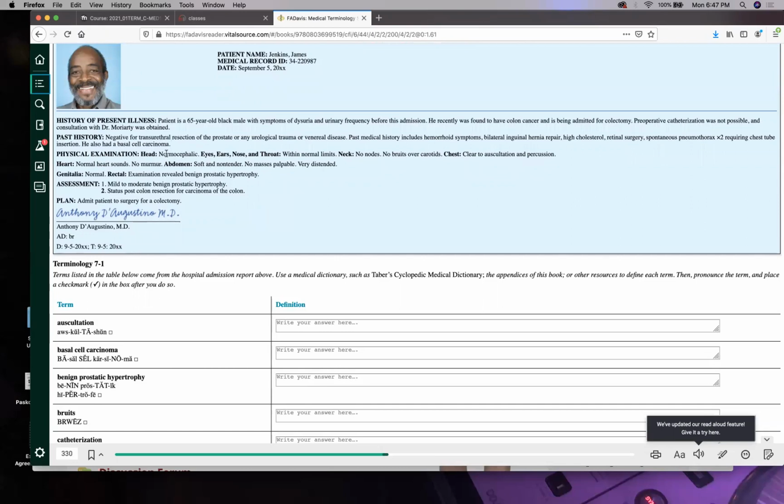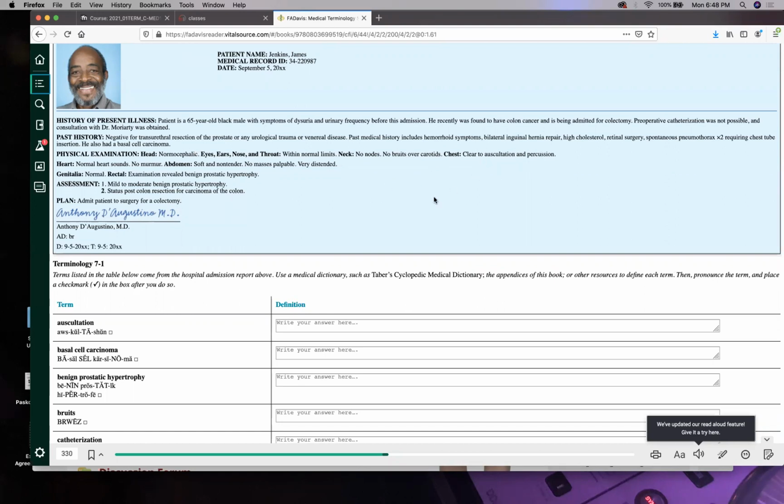Normocephalic. So his head was what? Normal sized. He had no problems. EENT within normal limits. He had no nodes. He had no lymphadenopathy, right? Remember lymph nodes? No bruit over his carotid. That means when I put my hand on his neck over his carotid arteries, I didn't feel any rumbling or poor circulation. If you know your grandma or grandpa has poor circulation, feel their neck. You're going to feel a rumbling. It's really weird, especially if they're hypertensive.